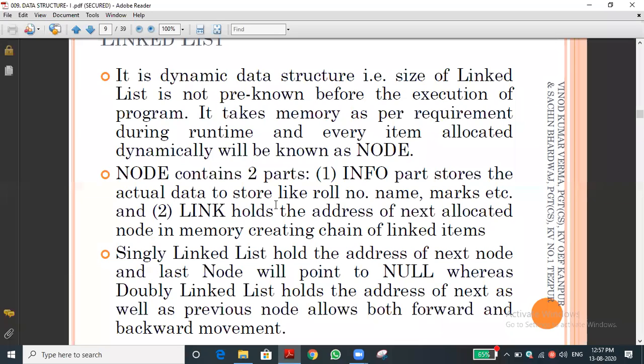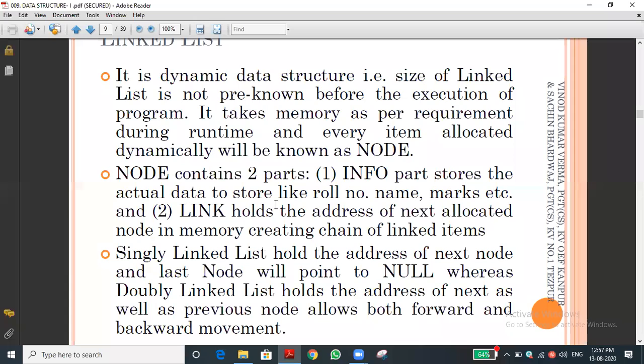Okay, I will tell you. A singly linked list only holds the next element's memory address. For example, a list named A equal to 1, 2, 3, 4, 5, containing five elements. A of 0 holds the next memory address in its link part. That type of linked list is called a singly linked list.